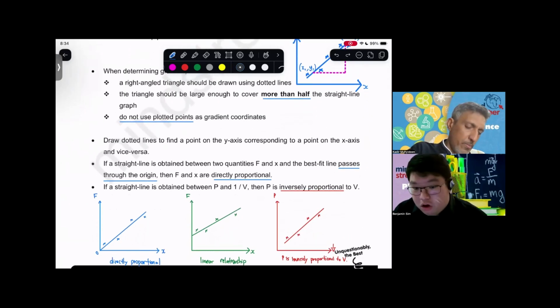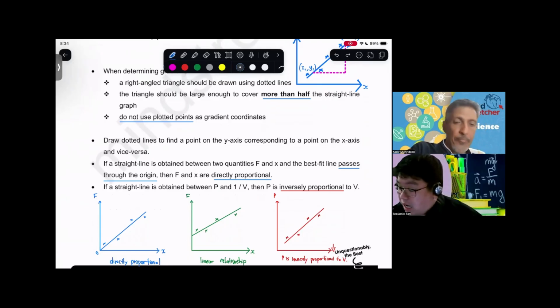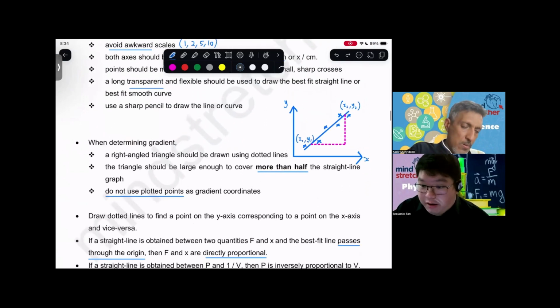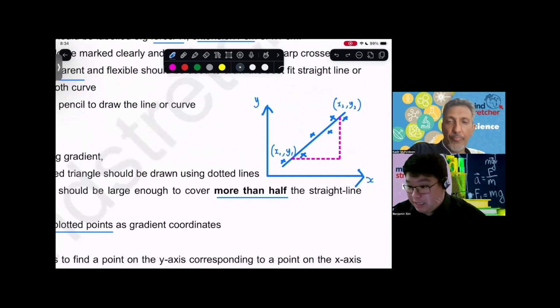Now remember, draw your dotted line to find the point on the y-axis and the x-axis, vice versa. That is for your gradient. Why can't we use the plotted point? Good question. Because the plotted point in itself is a part of your data. When you draw your best fit line, it may appear to be on the plotted point, but it may actually be skewed away from it a little bit. So for the sake of accuracy, we try our best never to use the plotted point,